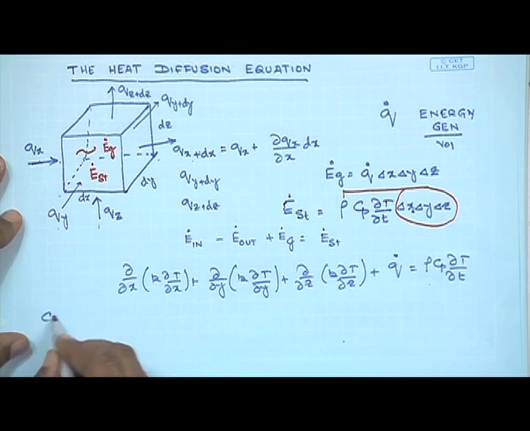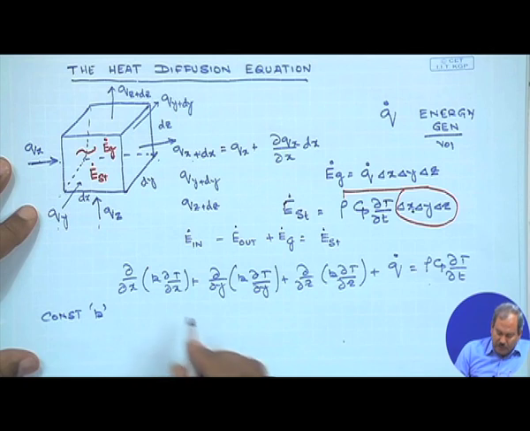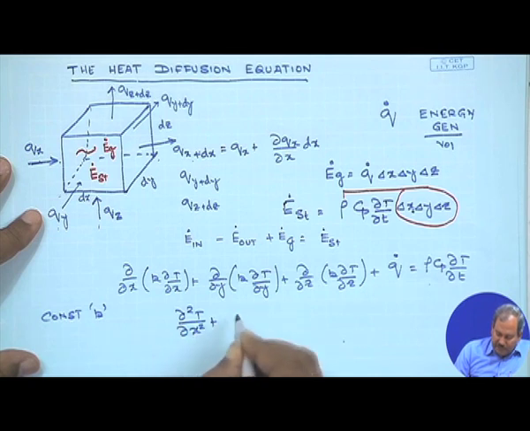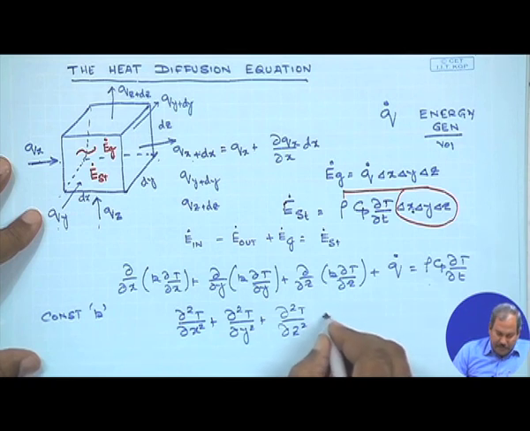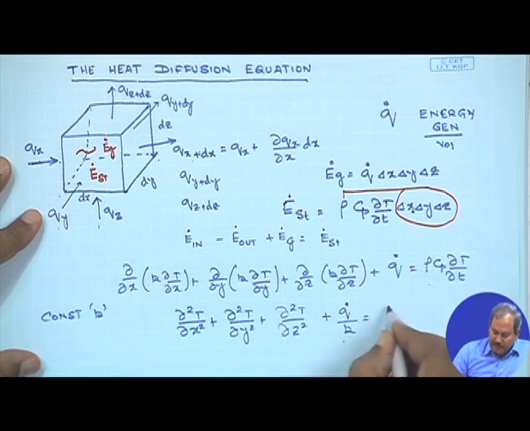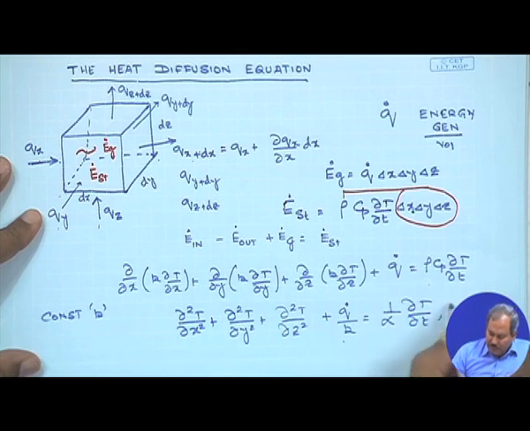So if we assume that it is a constant k case, the thermal conductivity of the system is constant, then k can simply be taken out, and what you get is del 2 T by del x square plus del 2 T by del y square plus del 2 T by del z square plus q dot by k is 1 by alpha del T by del time, where alpha is simply defined as